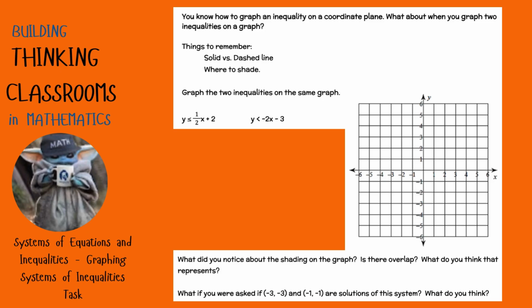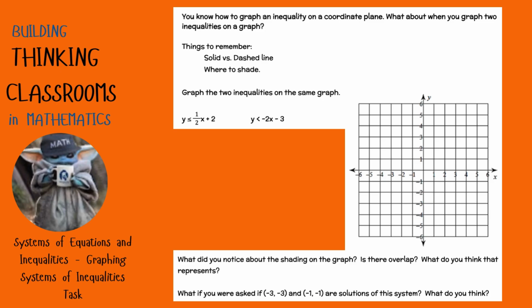After they are done graphing, we want them to look at what do you notice about the shading on the graph? Is there any overlap? What do you think that represents? And the final part is we're going to give them 2 points, and we want them to have a conversation with their group about, are these solutions of the system? What do you think? Since they haven't been taught what that means yet, it's a good conversation for the students to start having so they can start creating justification for their thinking,